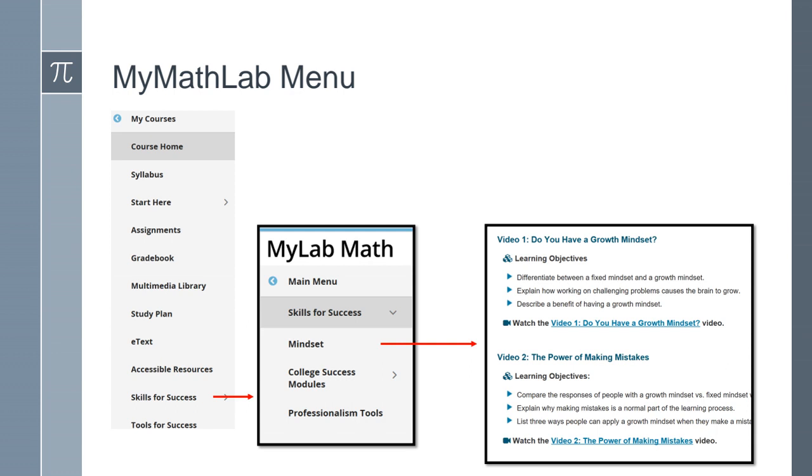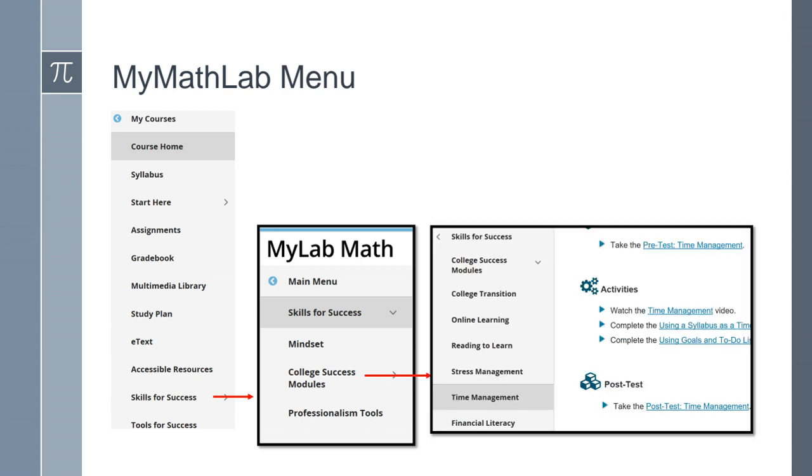You know, trying to change that way of thinking, so that you know you can do math. It has a lot of features that give you things for success, to help you know that you can do this and guide you to do your class. Okay. And again, these are the same features. It has videos, and there are also modules that you have for success.